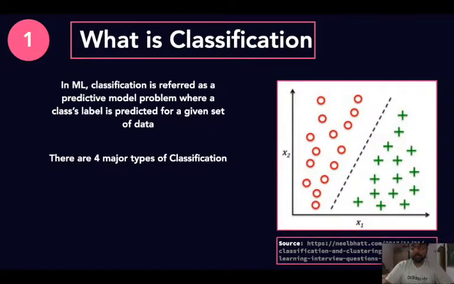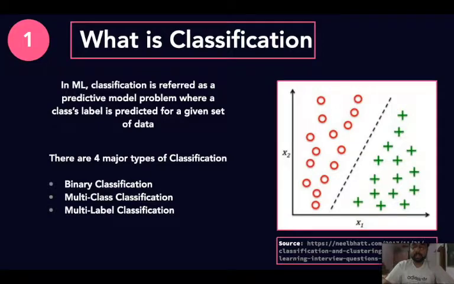So there are obviously many types of classifications and we can classify them in 4 types. One of them being binary classification, the other one being multi-class classification, then multi-label classification, and then comes imbalanced classification. So as you can see on the diagram, there are two classes, one with plus signs and one with circle symbols, and we are separating it with a line. So this gets you a little bit of rough idea what actually a class means.